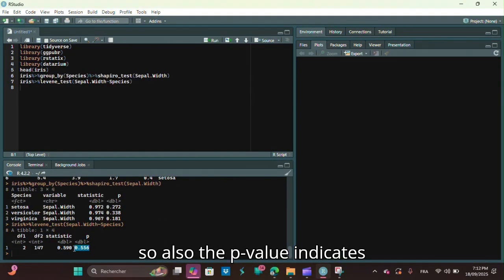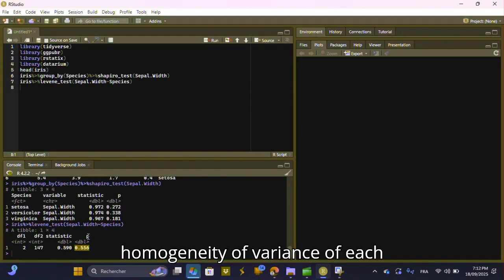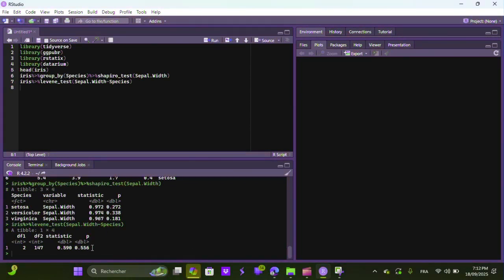So the p-value indicates that there is a homogeneity of variance of each group,